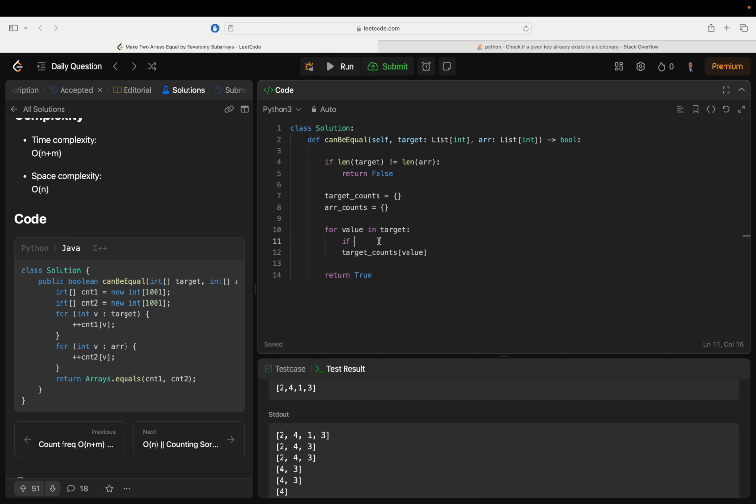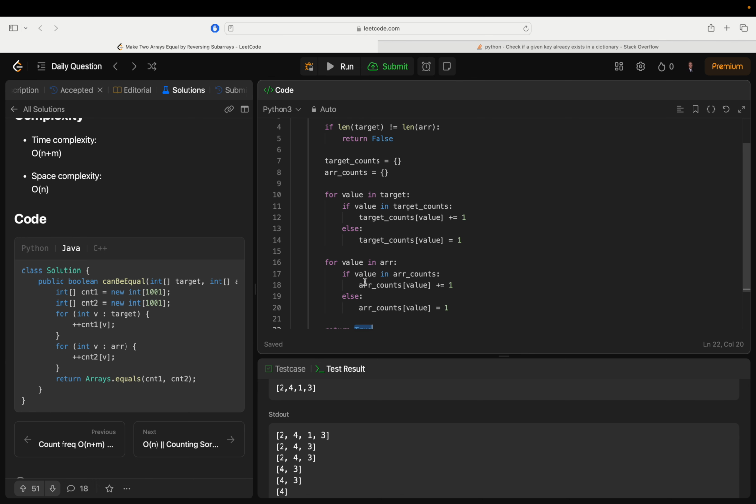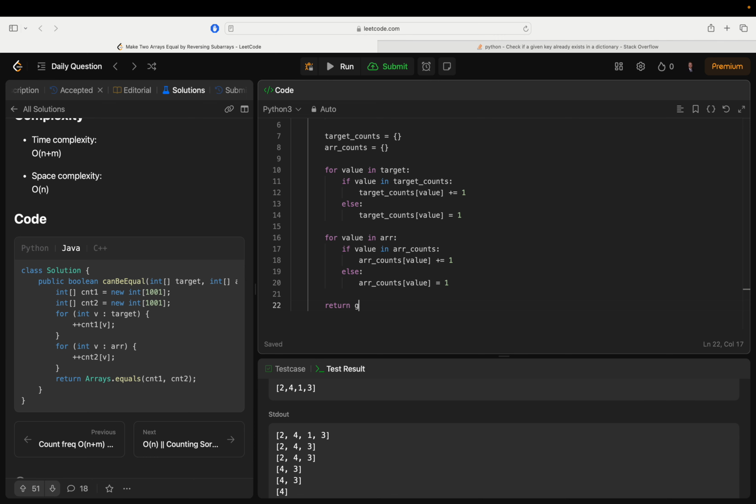If value in target counts, add 1 to that count. Otherwise, set it to 1. Because it has 1 appearance. And then we do the same thing for R. And then we can just say return target counts